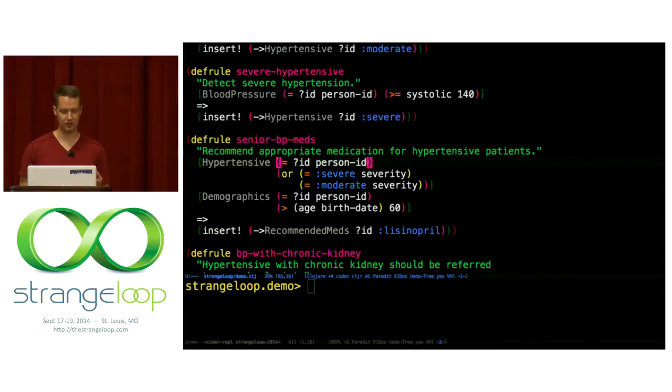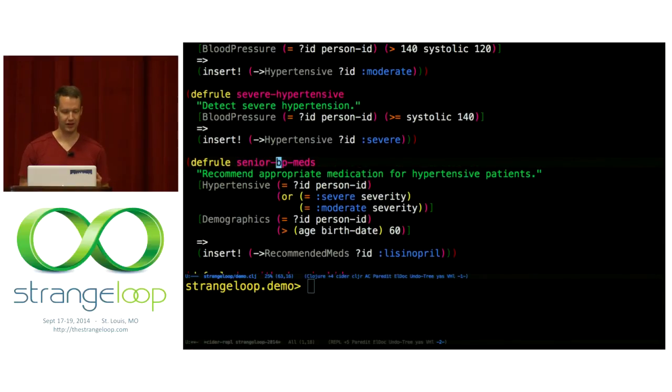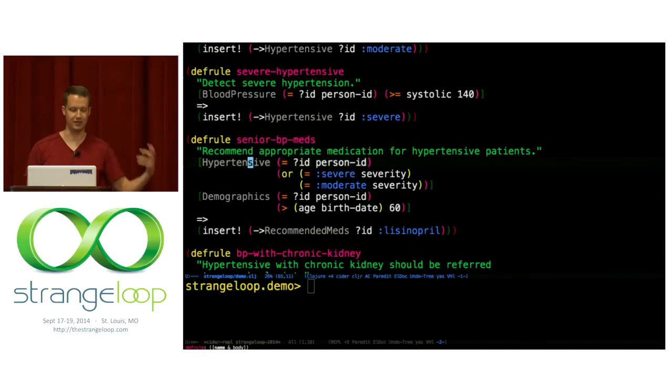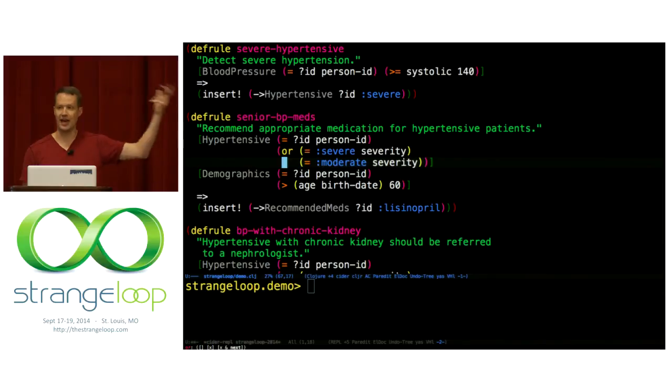Now, this is where we start getting a little more interesting. One of our big challenges, like in code in general, is how do we make things composable? We're good at thinking about things in individual pieces. I can only juggle so many balls at a time. But in this case, we can compose rules on top of other ones. If I assert that somebody is hypertensive under certain criteria, I can catch that and use it in some rule that builds on top of it. And this assertion for recommending some medications may be picked up by some other rule.